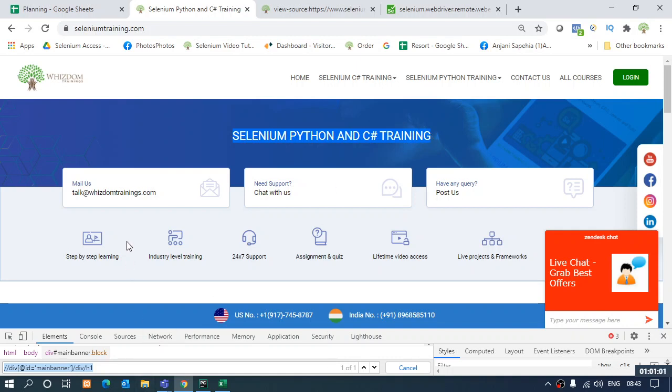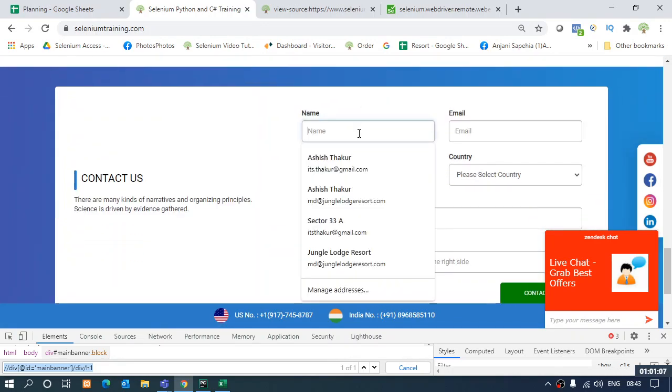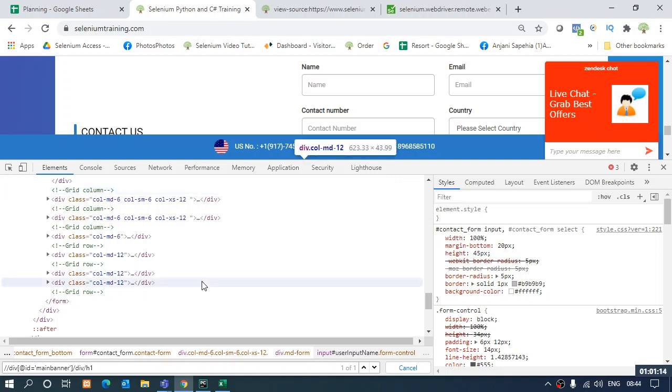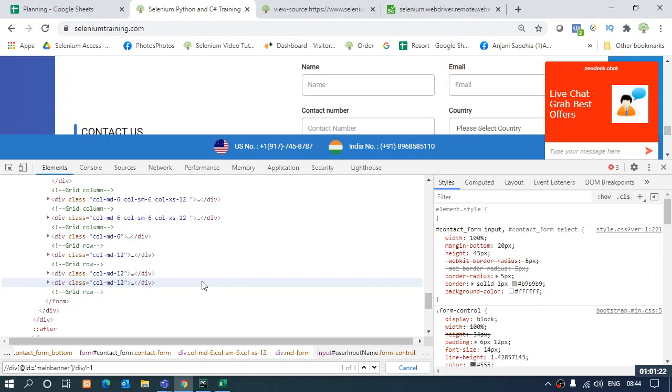So we have got that XPath that we have seen. Suppose I want to go on till here, till this text box, and I want to extract this, and I have to make the complete XPath for this particular element. Just imagine how long this XPath is going to be, because we have to follow a number of steps, we have to go on and go on and go on.